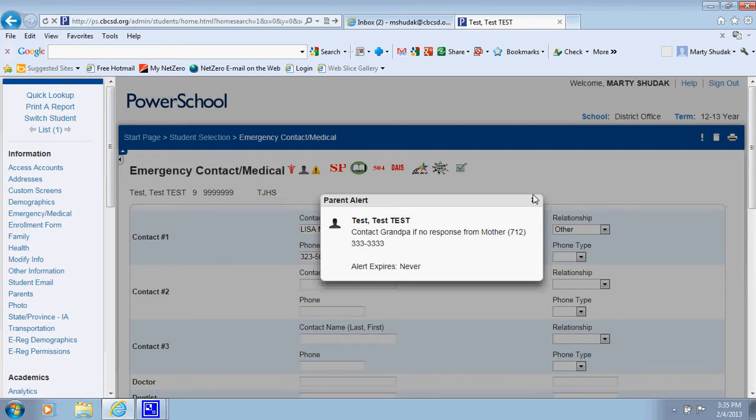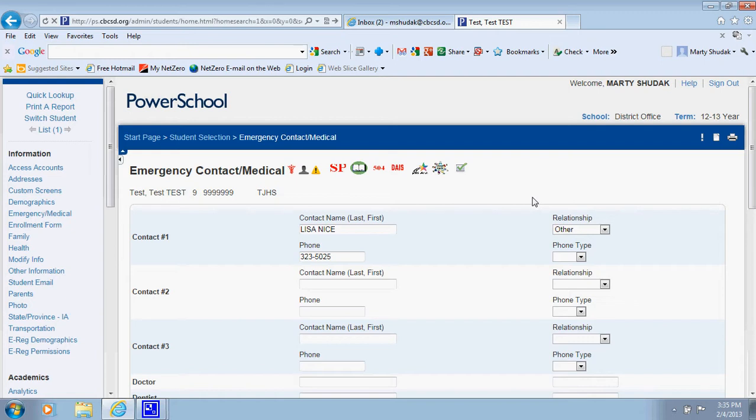And we can also put when these alerts expire. If there is no expiration date, such as the end of the year, the end of the month, then the word never will come up there, which means there is not an expiration date. The parent alert